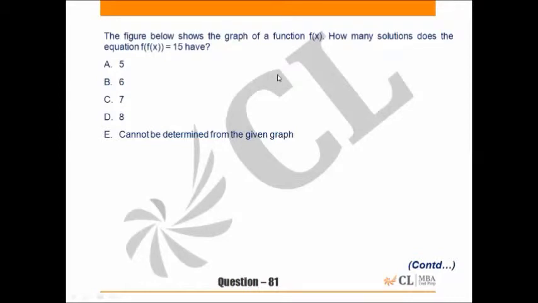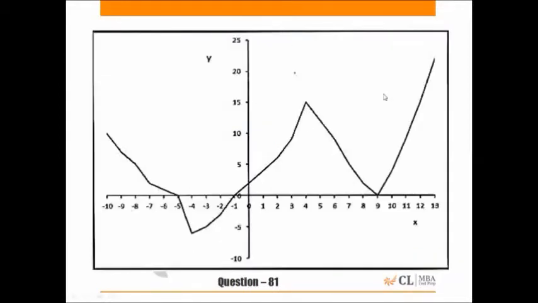The graph given below, which is shown on the next slide, shows the graph of function f of x. How many solutions does the equation f of x equals 15 have? So we have to find those points at which f of x is 15, and from the graph it can be seen that the points at which value of function is 15 are 4 and 12. It means we need f of f of x, and f of this is nothing but f of 4 and f of 12, and eventually we have to find the number of solutions for f of x equals 4 and f of x equals 12, and from the graph